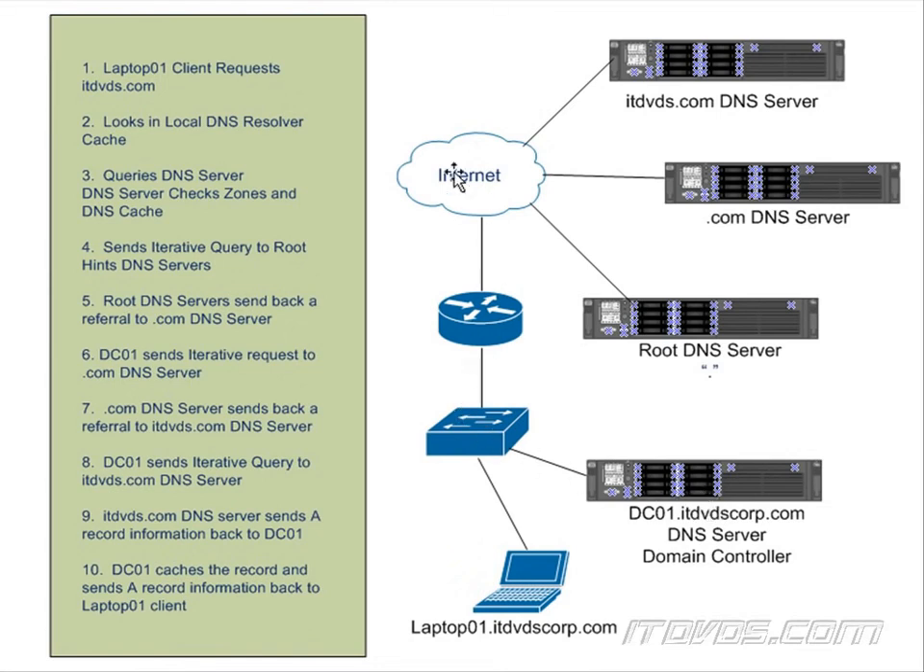DC01 is then going to query the itdbs.com DNS server. The itdbs.com DNS server is going to be authoritative for the itdbs.com zone, so it's going to have information on itdbs.com, as well as things like www.itdbs.com, maybe ns1.itdbs.com. It's going to have all those records, so it sends back the A record for itdbs.com to DC01. DC01 is going to cache it and send the information back to laptop 01. So now laptop 01 has the IP address for itdbs.com, and now the browser can connect to the web server